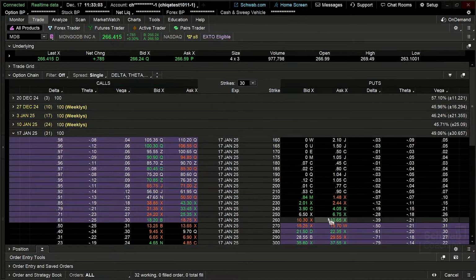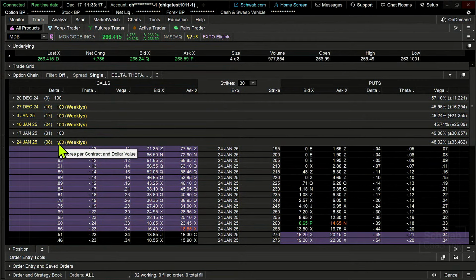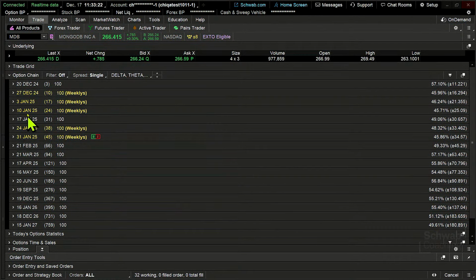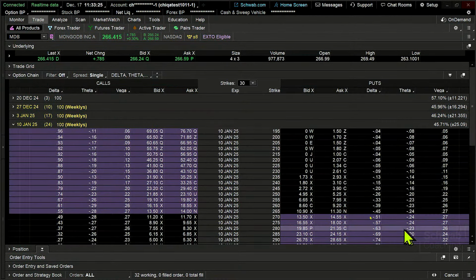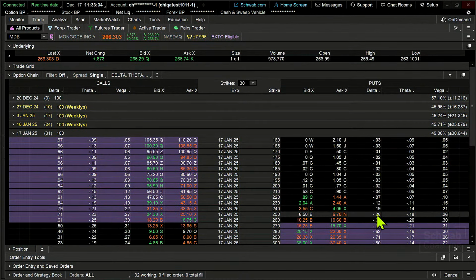So I know that I want the stock to go at least to 215, right? Maybe even a little bit beyond. I don't have a 215 strike. I've got a 220 and a 210. So maybe I want to look a little bit shorter. Let's see if I've got, there we go. Now we've got a 215, but not a lot of liquidity there. So let's go shorter. Let's go to the 10 Jan and see if we've got a 215, and I don't have much liquidity there either. So that means, because those haven't been trading very much, I'm going to go to the monthlies and we'll see if we've got some liquidity right in that range.